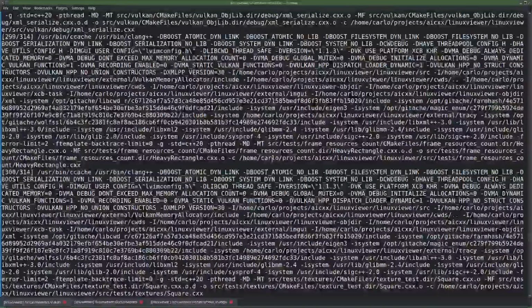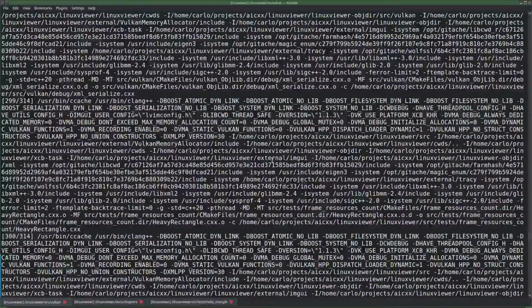Only seeing a linking here. Oh, here's something. It's being compiled. This is compiling what? Hello triangle. Yeah, so I would see that's tests. That's not the Vulkan engine.